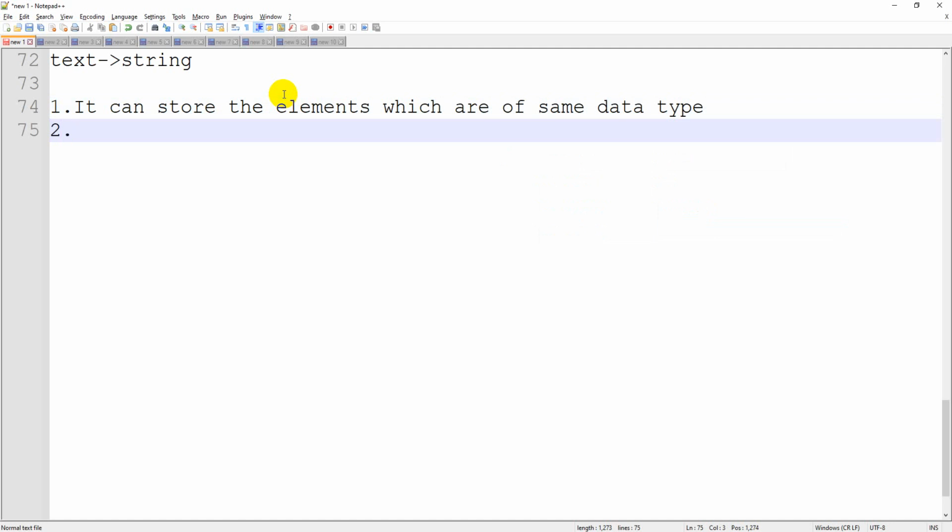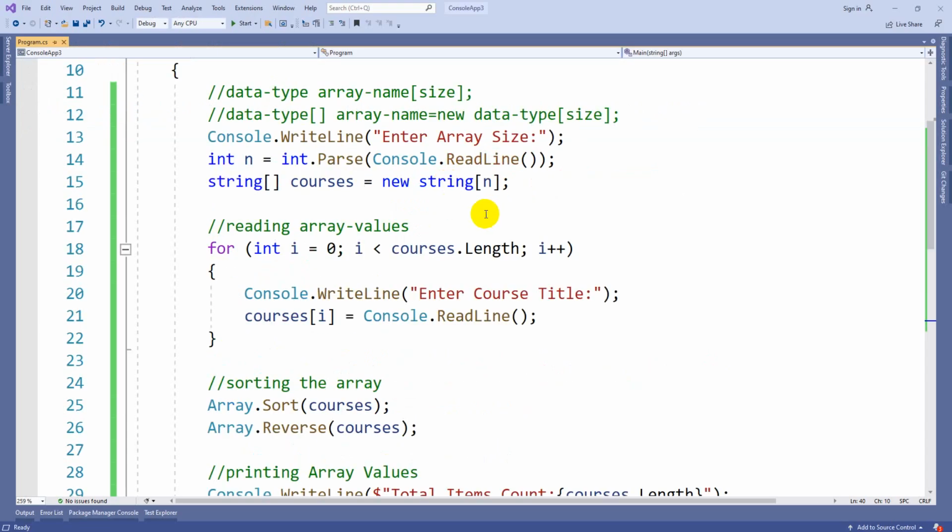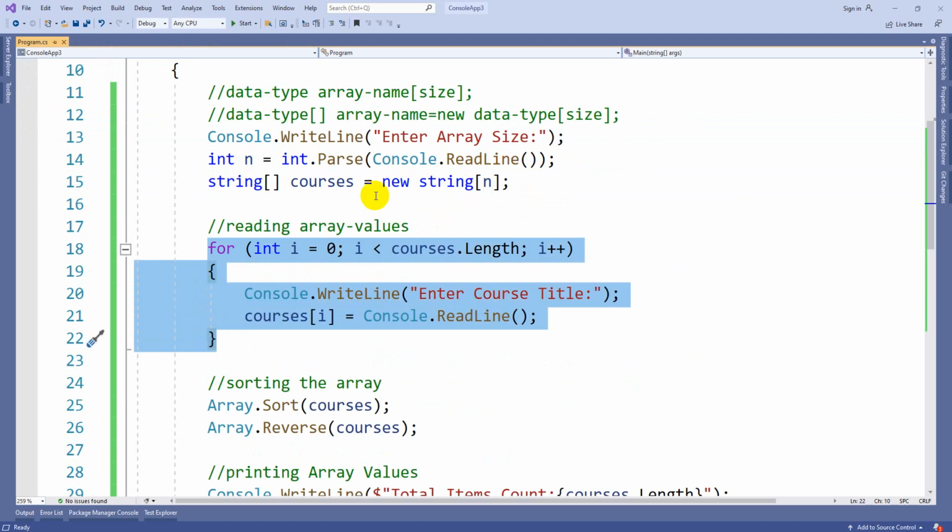And the array size is always fixed after declaration. Here, if you see, we are going to take a dynamic value, that's fine. But suppose you give array size 10 and we need to use only 2 values, then the remaining 8 locations will get wasted. That is the problem you should remember.